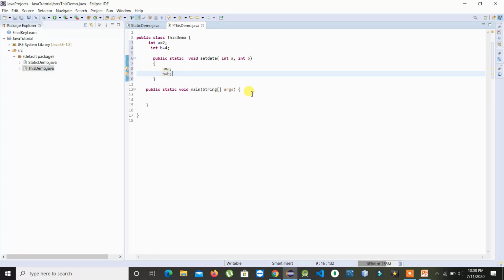So I'll take the object and set data as 7, 8. Then I'll try to print them.